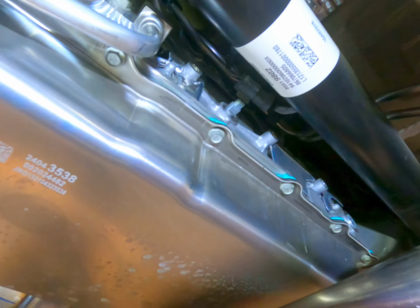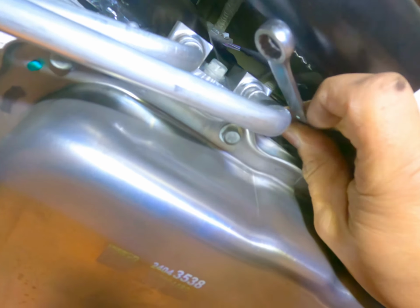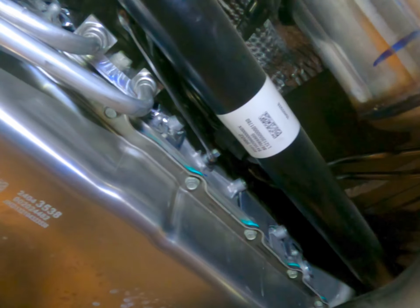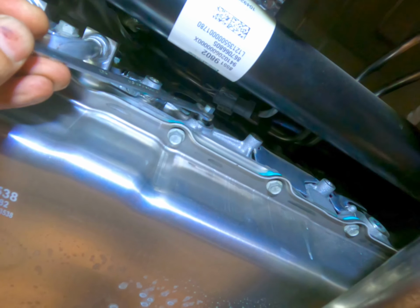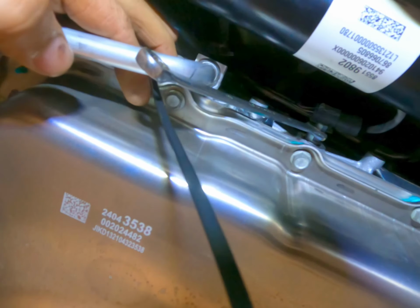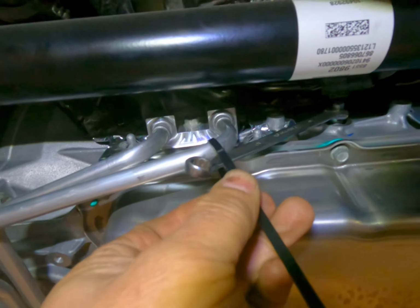Okay, from underneath the car, this is the actual shift shaft. Right here, an 11 millimeter or 10 millimeter wrench will move it. You have to move it counterclockwise and use a zip tie to keep it in neutral. It's easier on a two-wheel drive. Take the 10 millimeter wrench, put it underneath the trans-cooler line, take your zip tie, secure it,